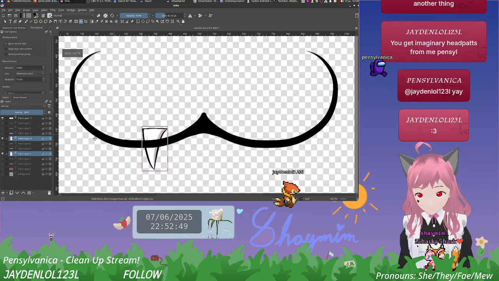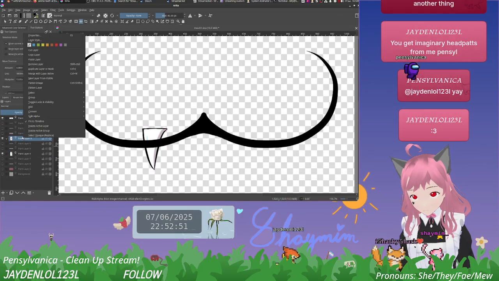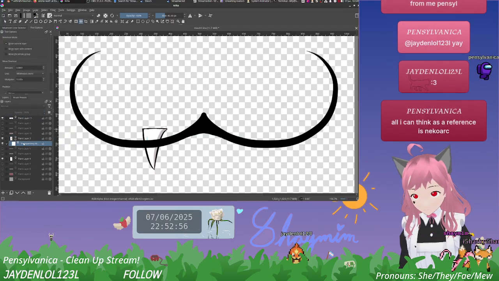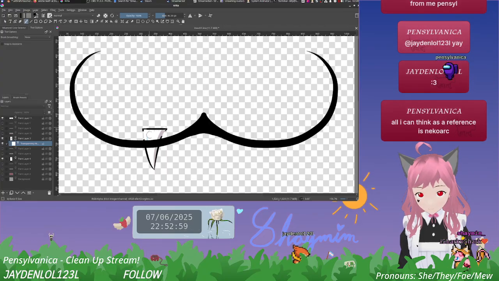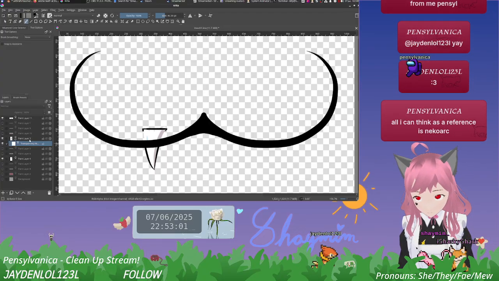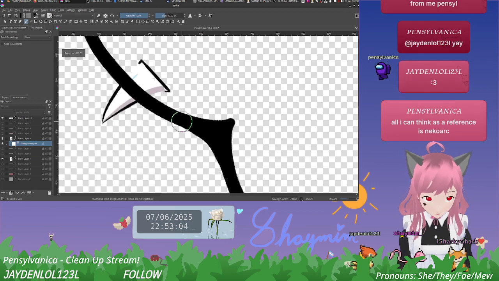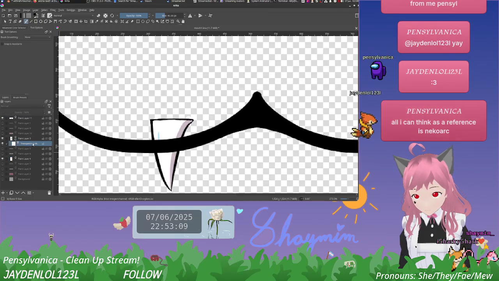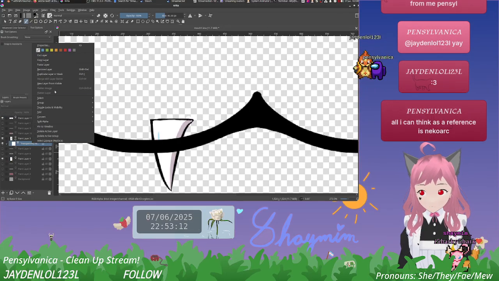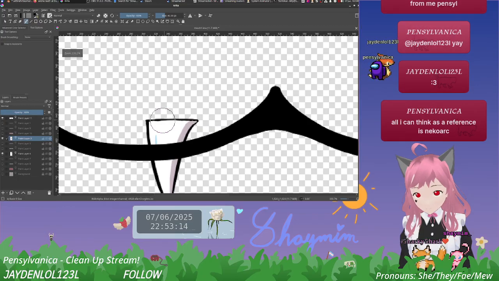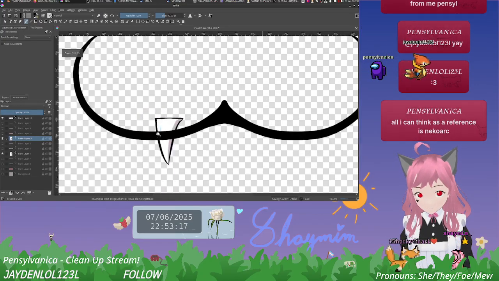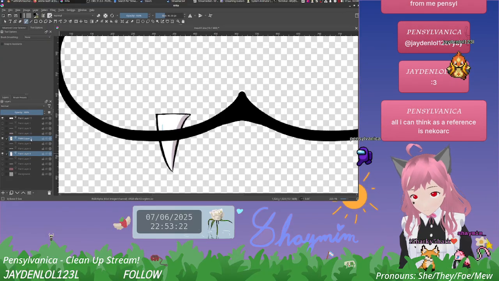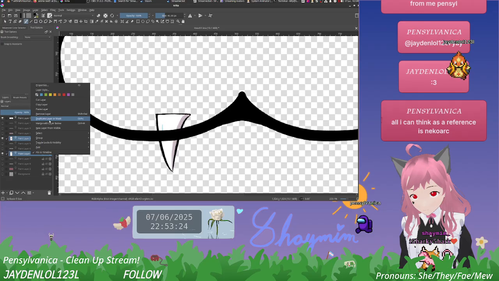I'd want it going like this, so maybe I can add a mask. Whoops. All I can think of as reference is NecoArc. Yeah, that is pretty similar to, not necessarily what I'm going for, but how it's going anyway, you know? Maybe I just, oh, what I can do. Duplicate.